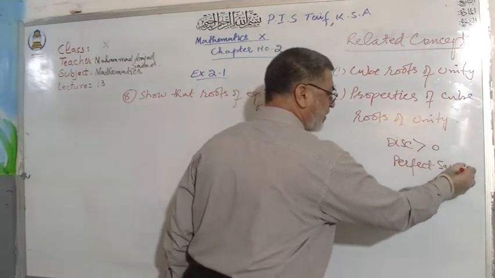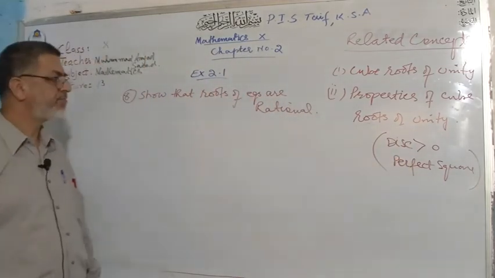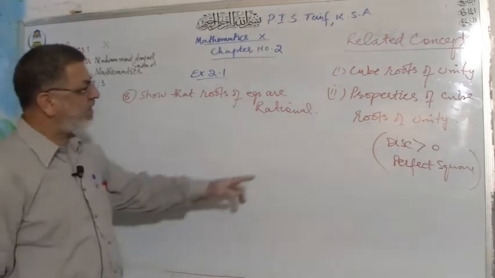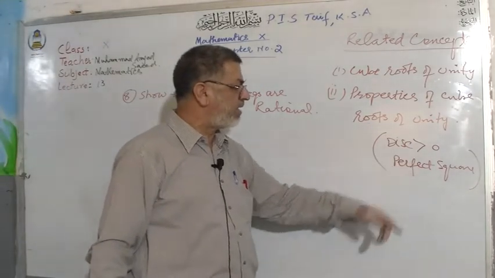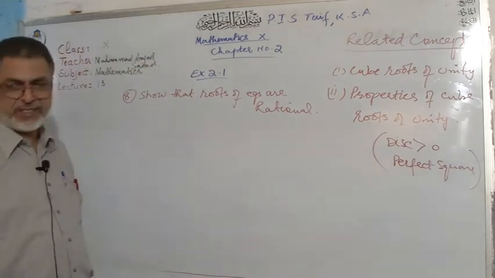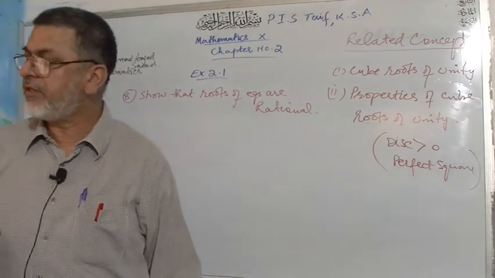That is the condition for rational roots. Last time I told you that whenever the disc is greater than 0 and a perfect square, then the roots of the equation will be rational. So here we can take part number 2,